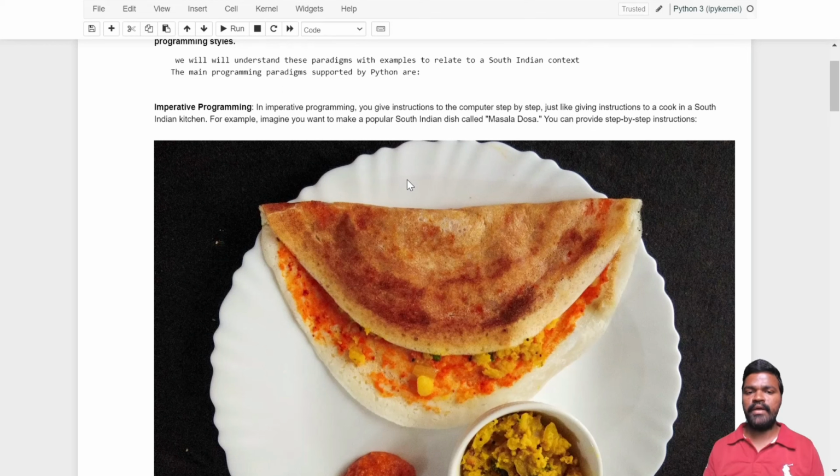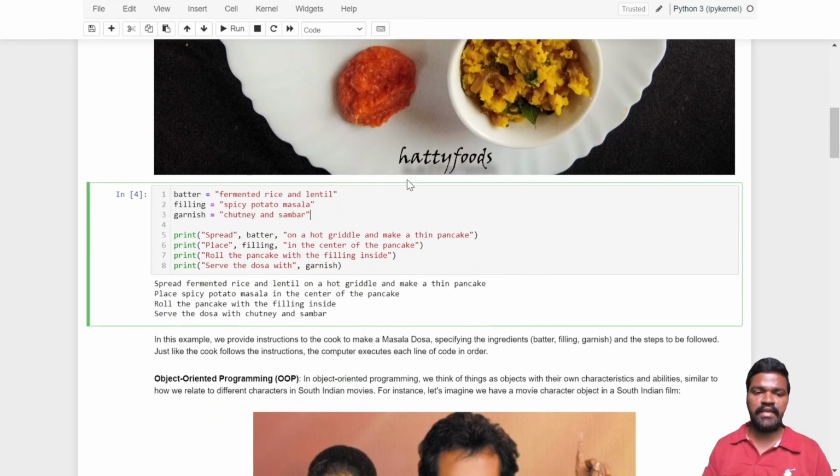imperative programming. In imperative programming, you give instructions to the computer step by step, just like giving instructions to the cook in the South Indian kitchen. For example, imagine you want to make a popular South Indian dish called masala dosa. You can provide step by step instructions like what are the various things that you need in your masala